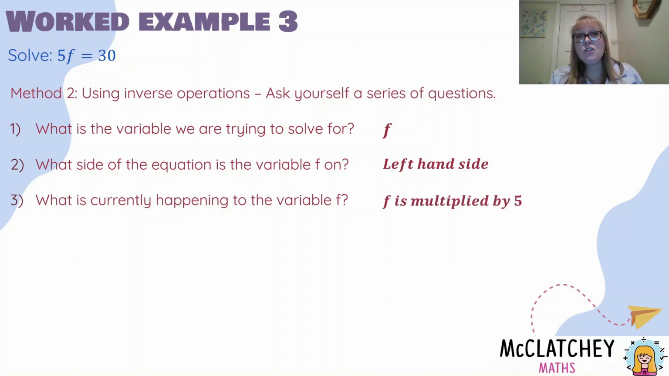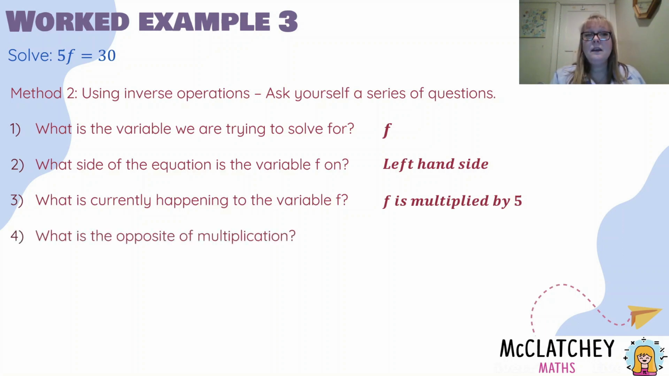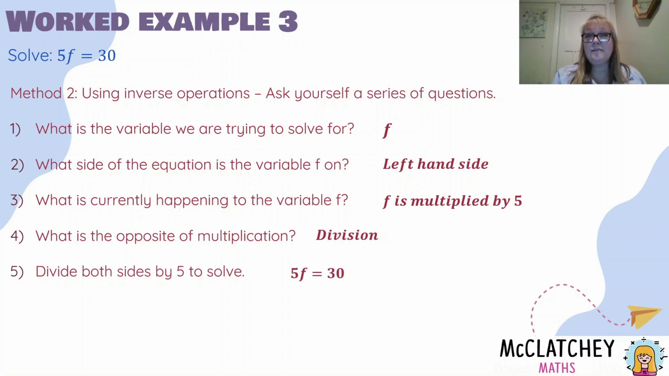And how do I undo multiply? What's the opposite? It is divide. So I'm going to be dividing both sides by 5 to solve. So I'm going to write it out again. 5f equals 30. I'm going to put a divide by 5 on the left and a divide by 5 on